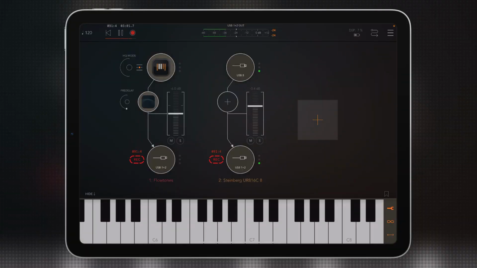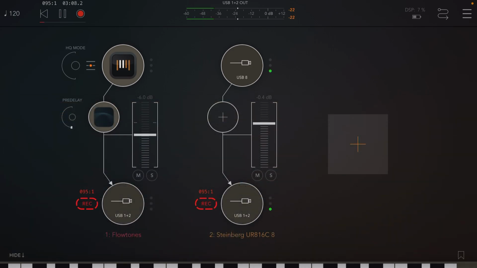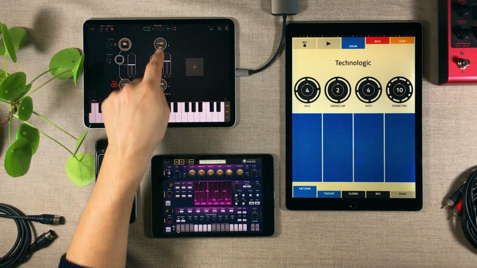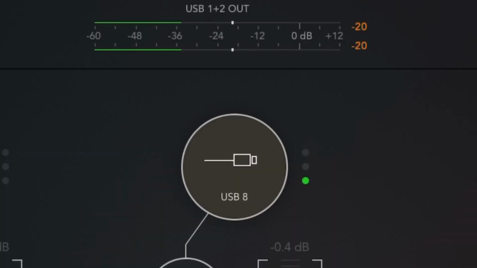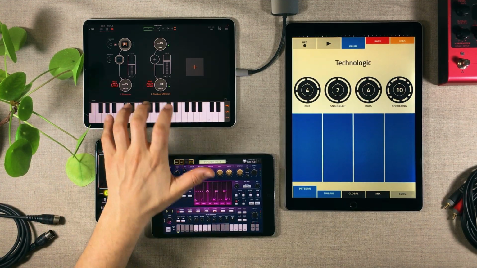Now, I'm using AUM here, and in this session, I've got Flow Tones loaded up here, which is a synthesizer, and it's running through EOS 2 by Audio Damage, a reverb. And then I have this channel here, and this is only here for my microphone so that I can narrate this episode. So you don't even have to bother thinking about it. Now, I'm using a built-in keyboard inside AUM to play